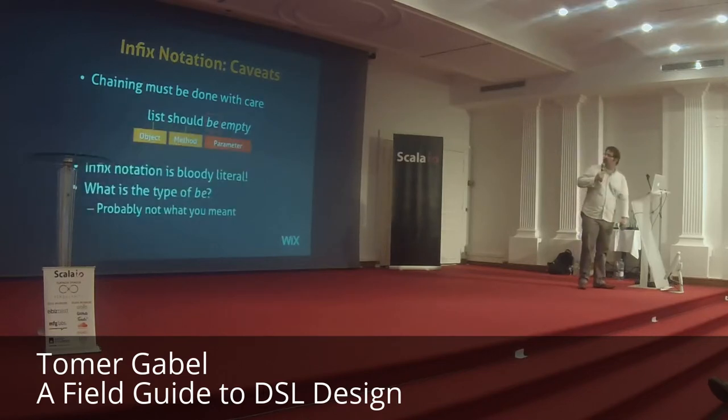The first thing you can do is contract. You can say list should be. You take the b, stick it onto the end of should, and then you have a verb that's just one token. You call your action should be. The other thing you can do is, unfortunately, add parentheses. You could say list should be, open a set of parentheses, stick the empty in there, and close it,